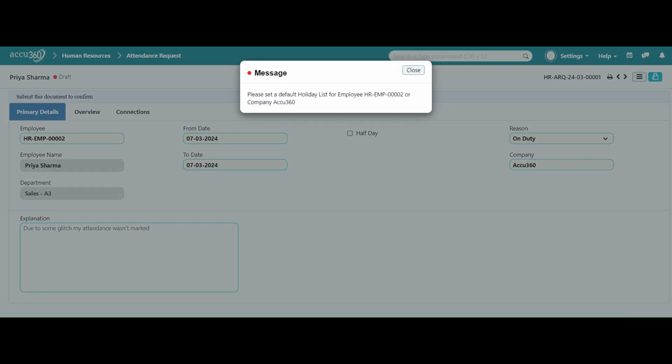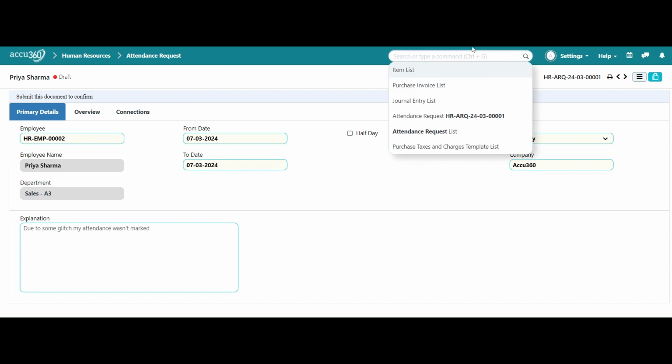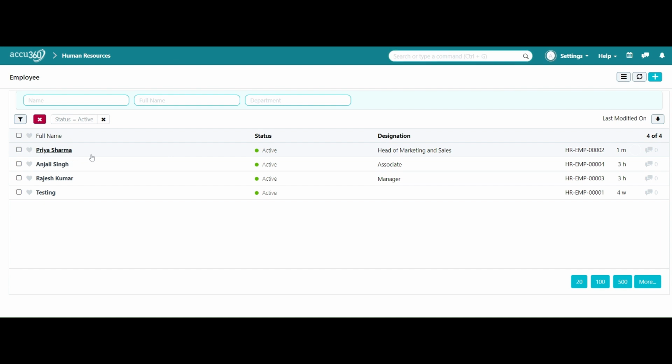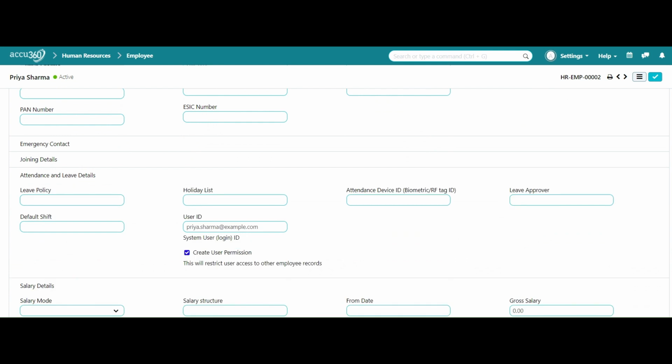Okay, so we have an error: please set the default holiday list for the HR employee. Okay, so we haven't configured the holiday list on this employee, so let's just go to the employee in the employee list itself, and for Priya Sharma we have to go here to the attendance and leave details, and in the attendance and leave details we have to mention the default holiday list, which is 2024 holiday list. Okay, in our upcoming videos we will also learn about how to configure this holiday list. Okay, so as of now we will save this